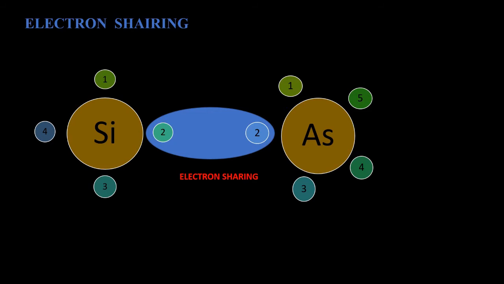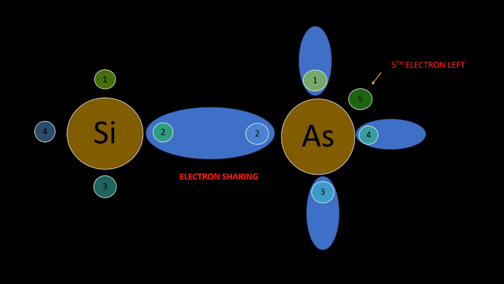Let's explain how the impurity atoms, that is arsenic, displace the same number of silicon atoms in the crystal and occupy their position. Now 4 valence electrons of each arsenic atom create covalent bonds with 4 neighboring silicon atoms. In this way, each arsenic atom gets 8 valence electrons at the outermost orbit, but still one electron is in excess.